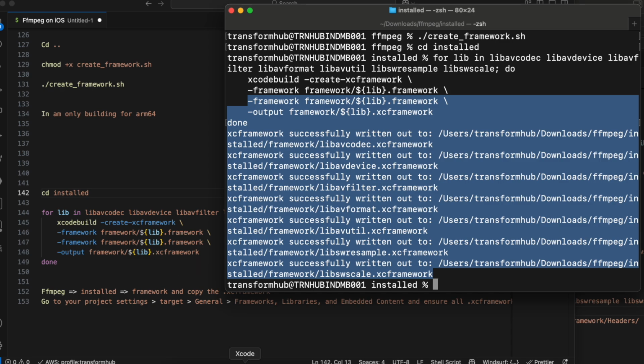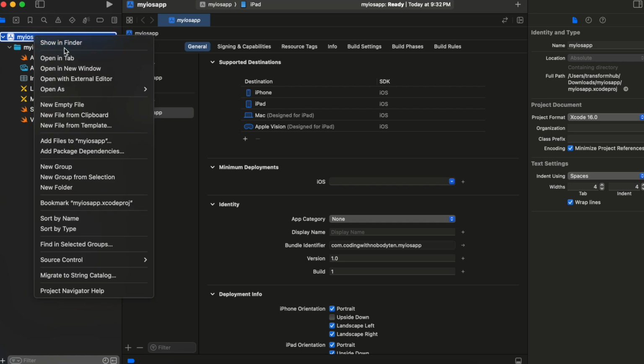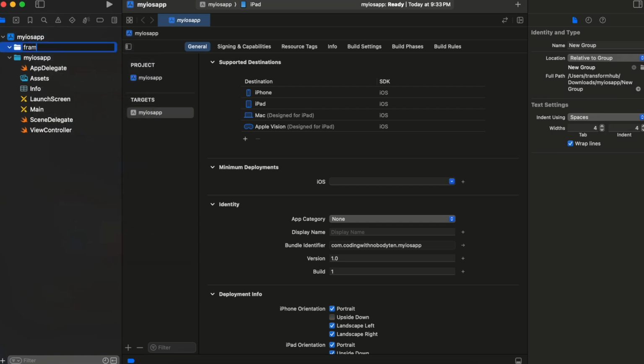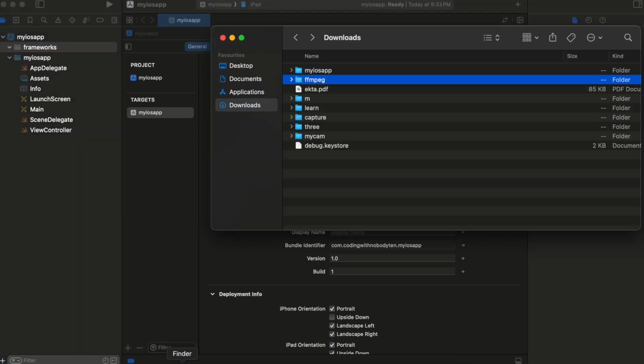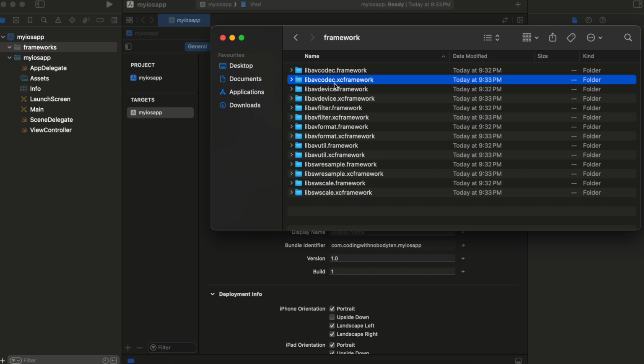Then let's go to our iOS project. Here I'll right click and create a new group. You can name it whatever you feel like. I'll name it Frameworks. Again, I'll come over here, go to FFmpeg, go to installed, go to frameworks, and here you should see